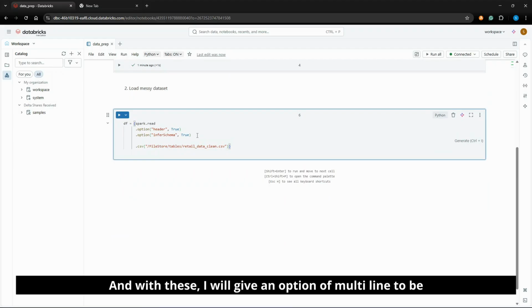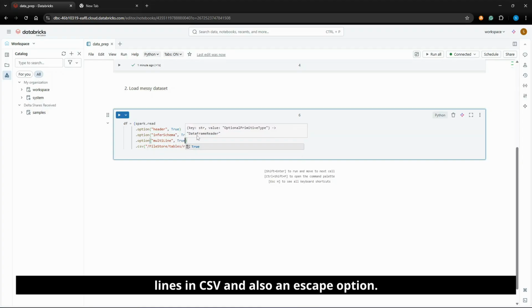And with these I will give an option of multiLine set to true, because there can be multiple lines in a CSV, and also